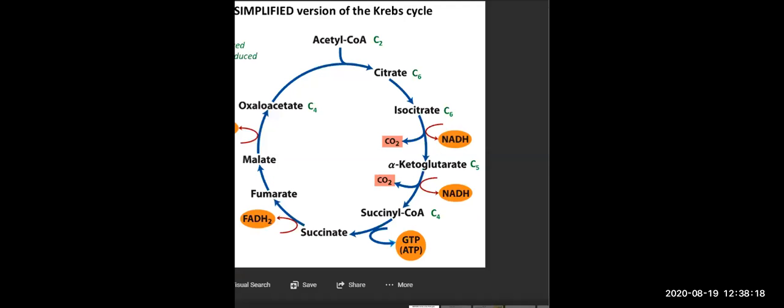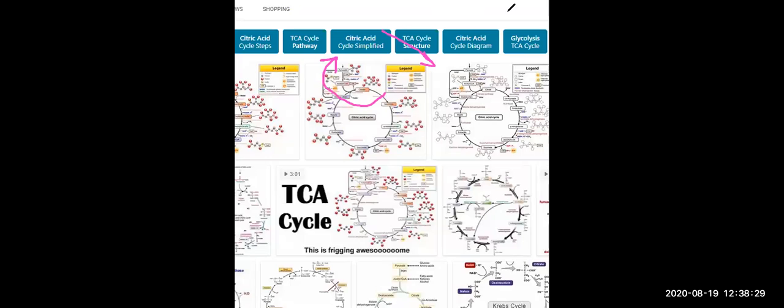When you are learning this TCA cycle, you see acetyl CoA is converting into citrate, but in fatty acid synthesis, citrate again converts into acetyl CoA. Okay, and if I have to show you a picture of